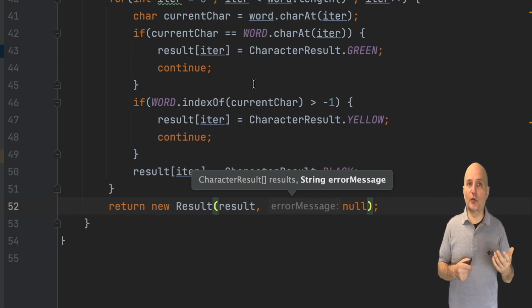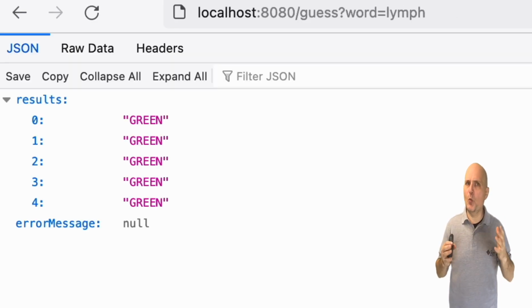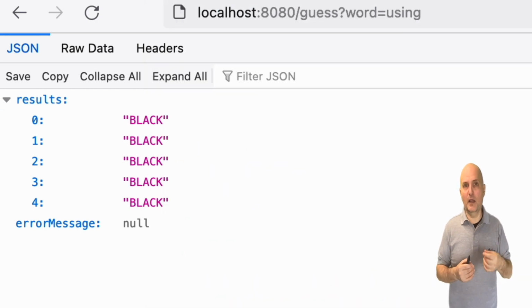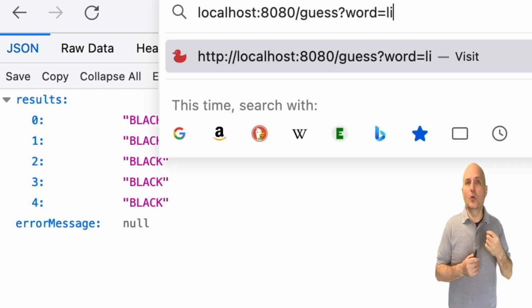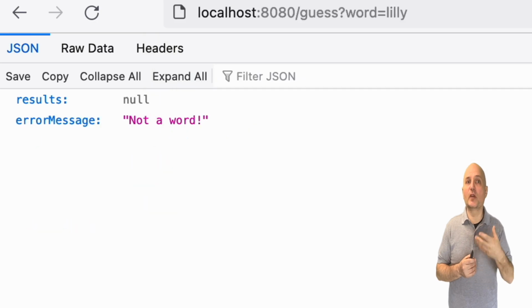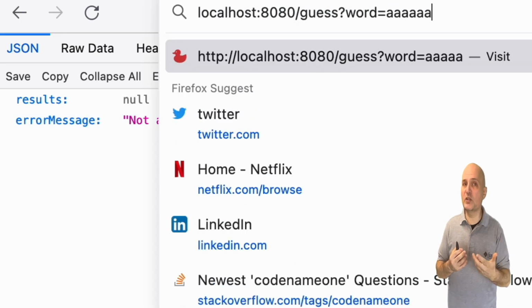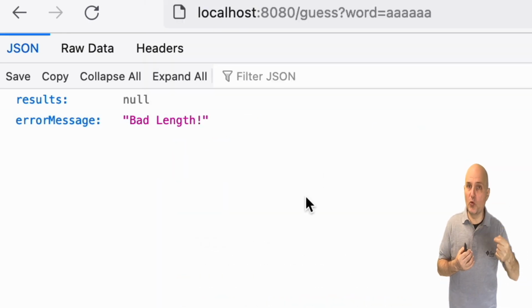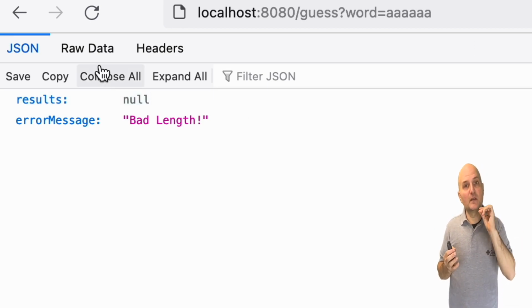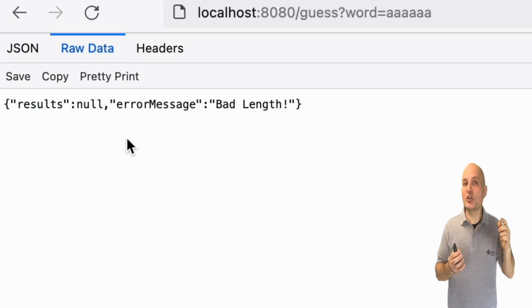This was all a bit abstract. Let's restart the server and go back to the browser to see why this is so great. Once we reload, we can see that JSON is organized more cleanly. Every result has a place in the array and a descriptive color. When an error occurs, it's instantly clear that this is an error, as the object looks different. Since this is JSON, we can switch modes in the browser and see the raw JSON, which we can also pretty print.